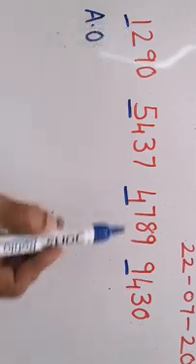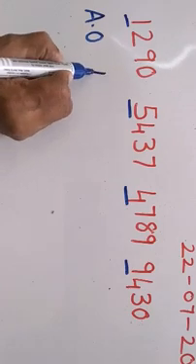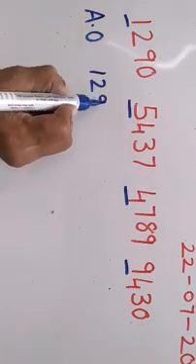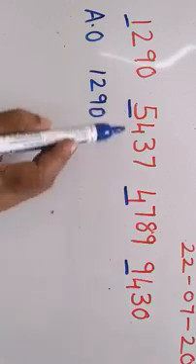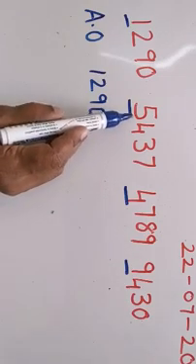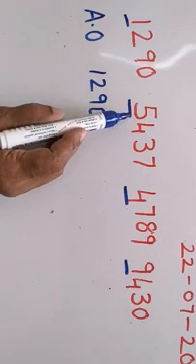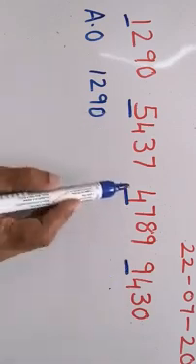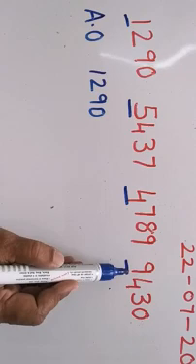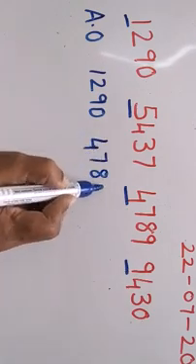So over here children, which is the least number? Yes, 1. So can I say 1290? Can I write it first? Yes. Now we are done with this number. Now we focus on the remaining 3. Now in this we have to again see the thousands place value. 5, 4 and 9. Now which is the smallest number among 5, 4 and 9? Yes, 4. So it is 4789.